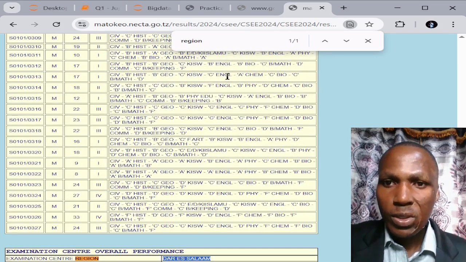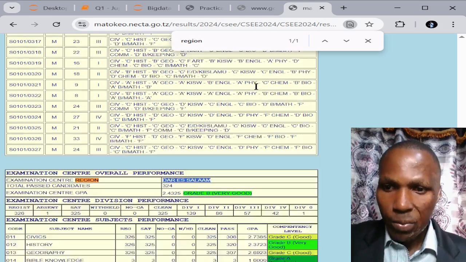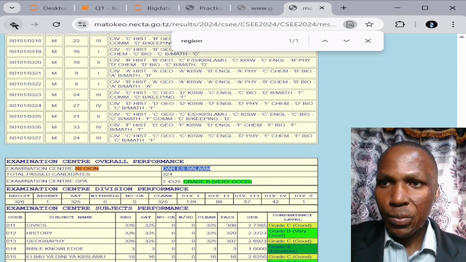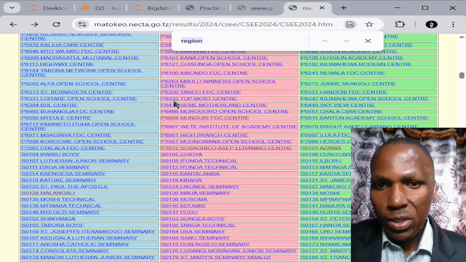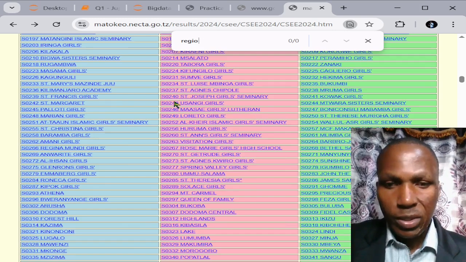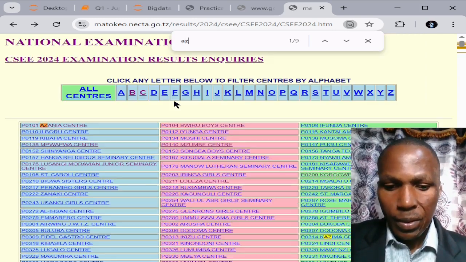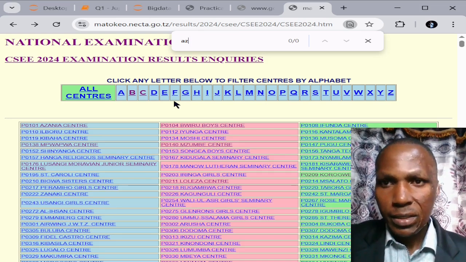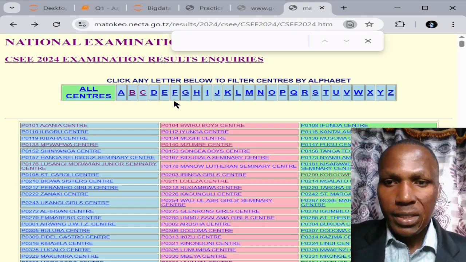For all school centers, we do have that in their web page, but for private sitting centers, they don't have a location or the table for location or the region. So this makes it difficult to use